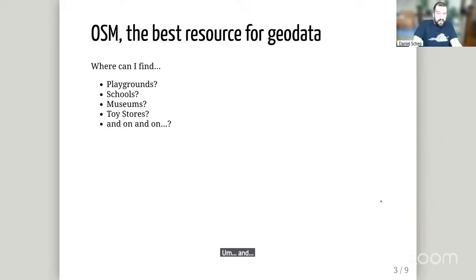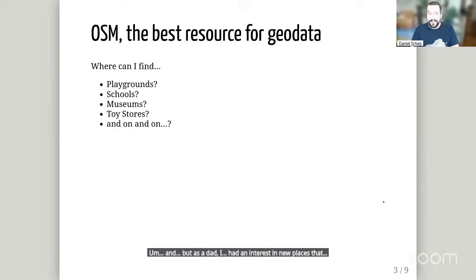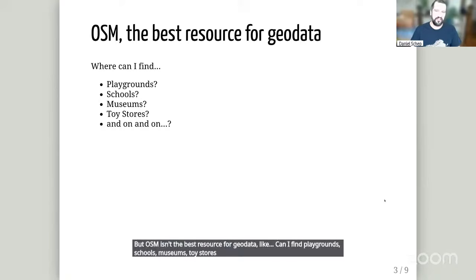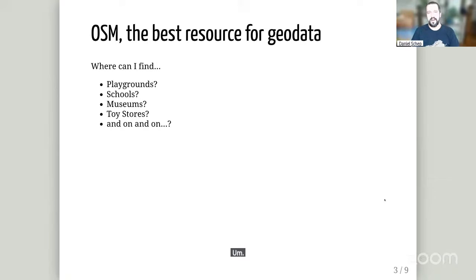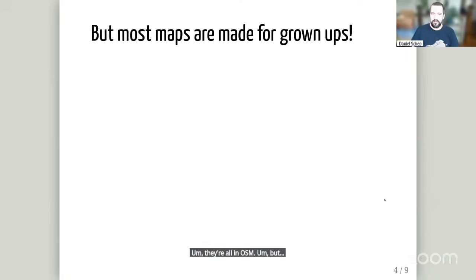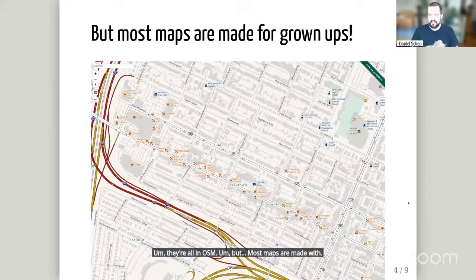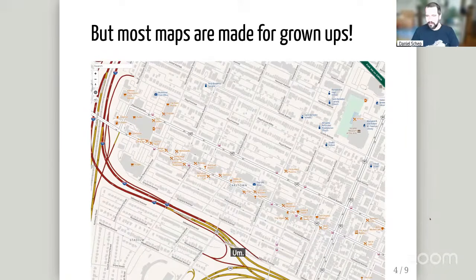But as a dad, I had an interest in new places that I previously may not have been interested in finding on the map. But OSM is the best resource for geodata. Like, where can I find playgrounds, schools, museums, toy stores, all kinds of things. They're all in OSM. But most maps are made with adult concerns in mind, where to get food, where to mail your stuff. Not necessarily what everyone looking at the map might be interested in. So